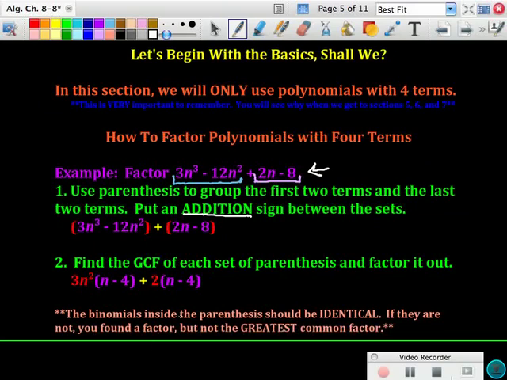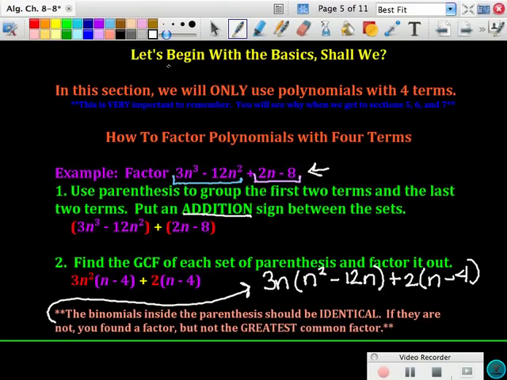For instance, let's say you only took out 3n and not 3n squared. Well, then you would end up with n squared minus 12n. And if you took the 2 out of the other one, remember this is an example right here. If you look at this, n squared minus 12n is not the same here. However, if we were to take another n out to make that 3n squared and drop these all down,